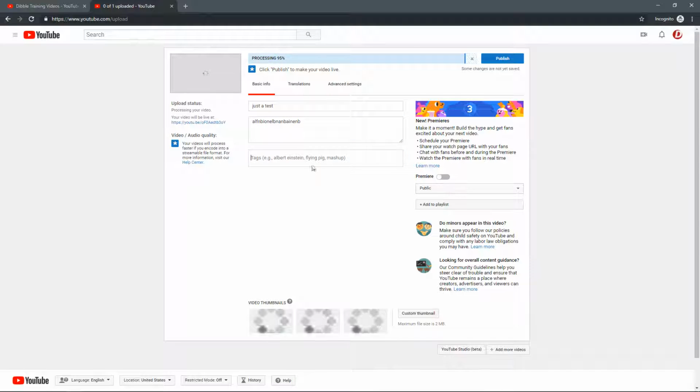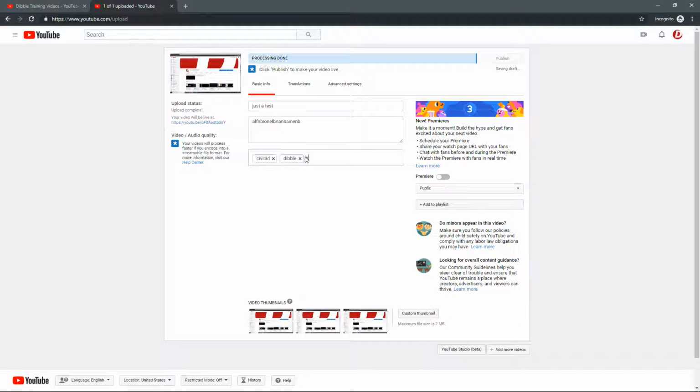And then you can insert tags that are related to whatever you are talking about. So a lot of times we'll be talking about Civil 3D, we'll be talking about Dibble, standards, and engineering. Whatever it is, the topic that you're covering, you can insert tags to make this easier for your users to find. So if you're doing a video on corridors like the one that I did, I would put in Civil 3D, C3D, AutoCAD, CAD, corridors,